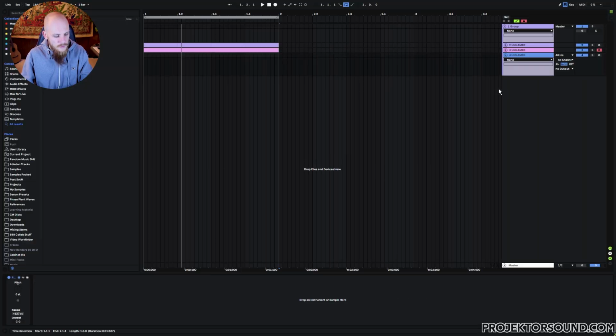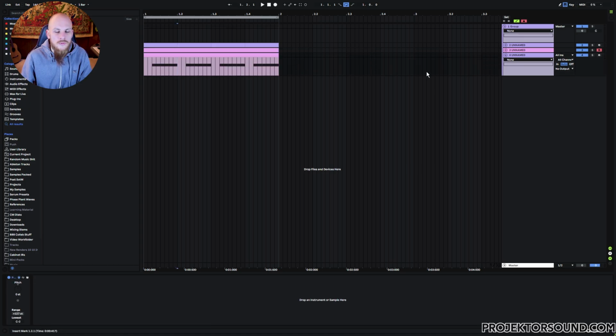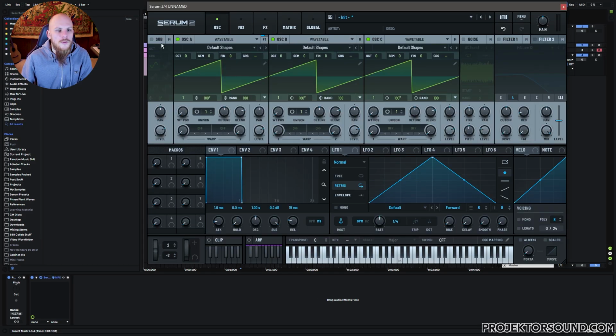So that is basically the idea behind this kind of patch. And now I actually want to make it from scratch, because I do think that it becomes much easier to see what is going on if you're making this from scratch. There are definitely a few pitfalls that you can run into as well, so I want to cover those. So I'm just going to copy over the MIDI, and then we're going to open up a clean instance of Serum 2. Going to start by turning on all of the oscillators, including the sub, but leaving the noise off,